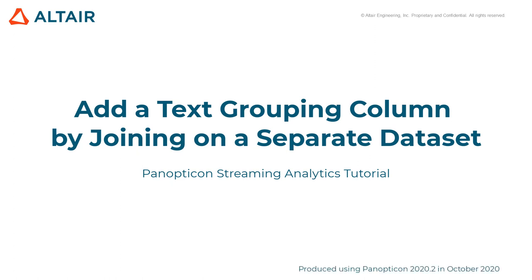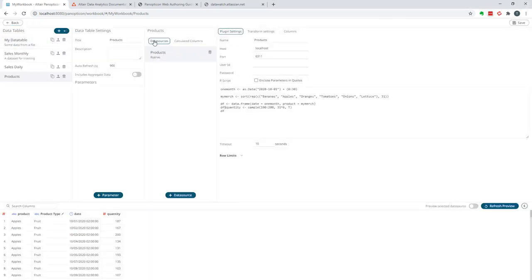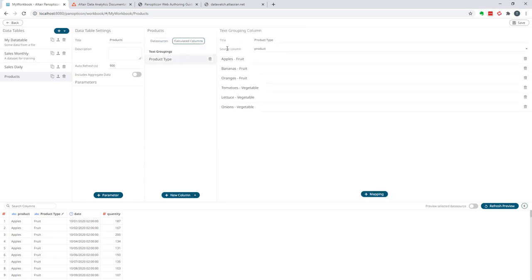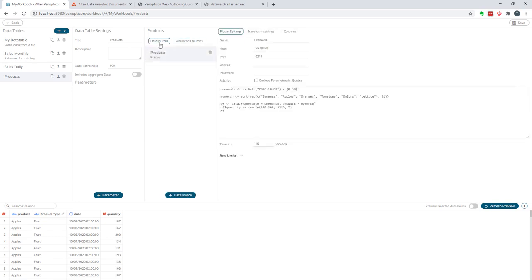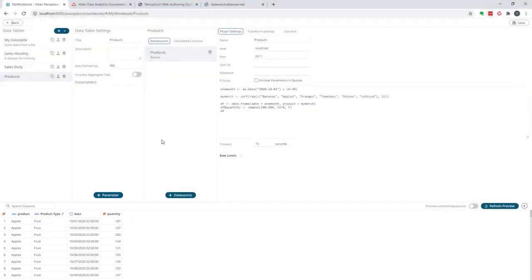In this video, we'll look at an alternative way of creating a text grouping column by joining on a small additional data set. We start with this small data set where we have 6 different types of products organized into 2 product types, where the product type is a column that we created as a text grouping column, and we have it right here. Now what we'll do is create yet another way of organizing the data by adding one